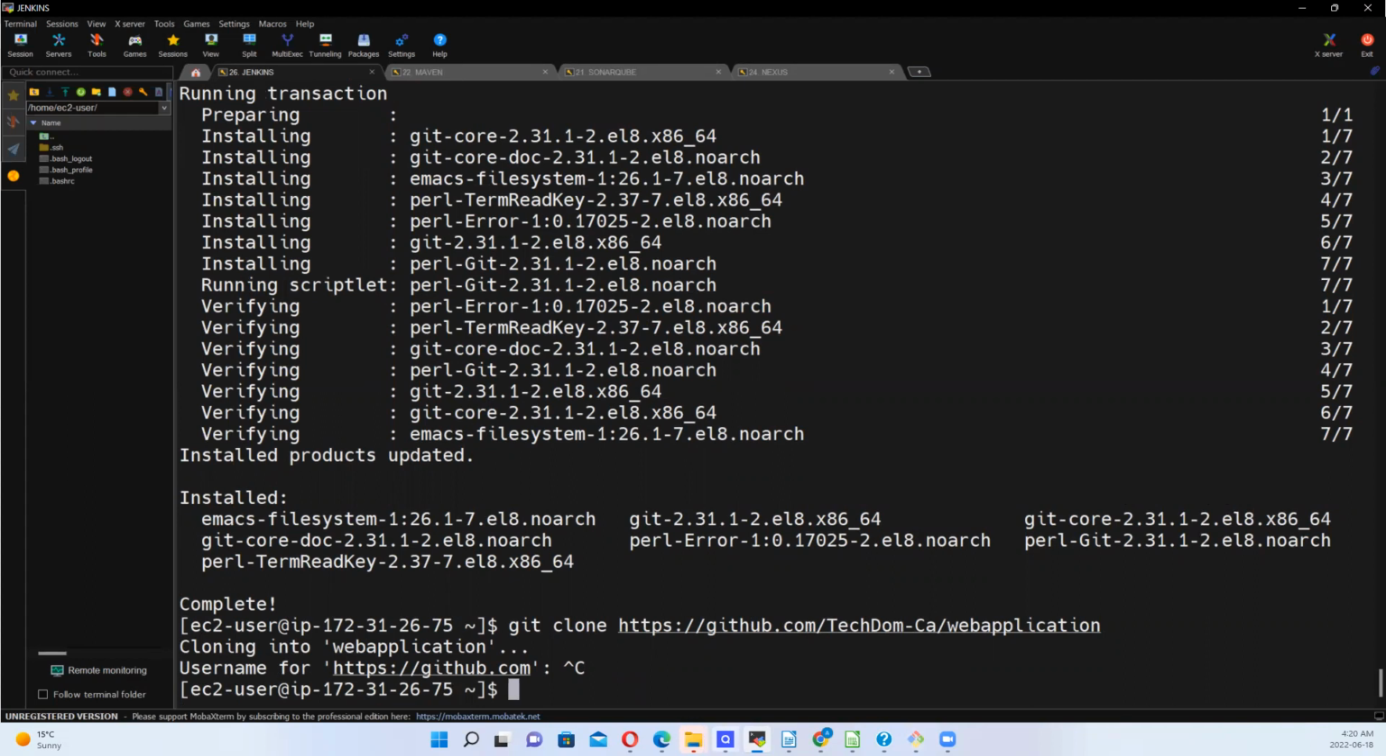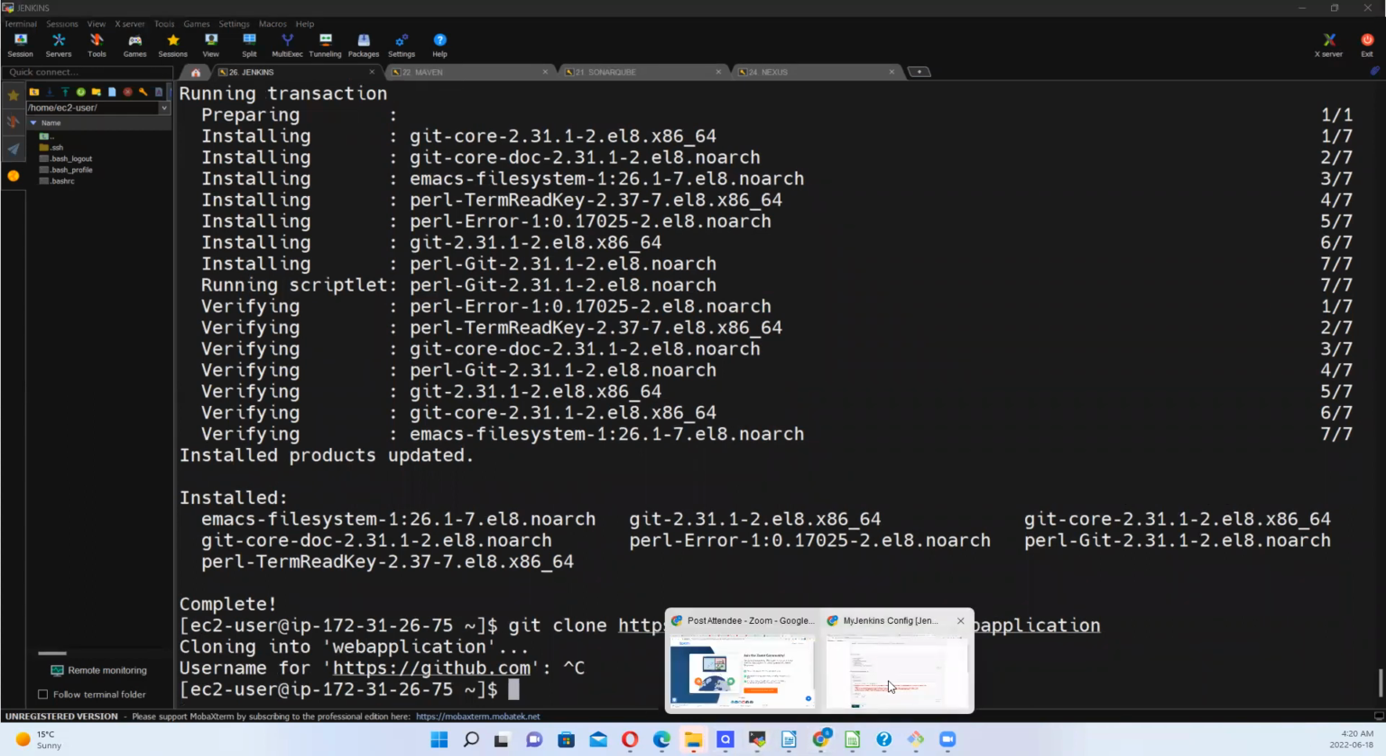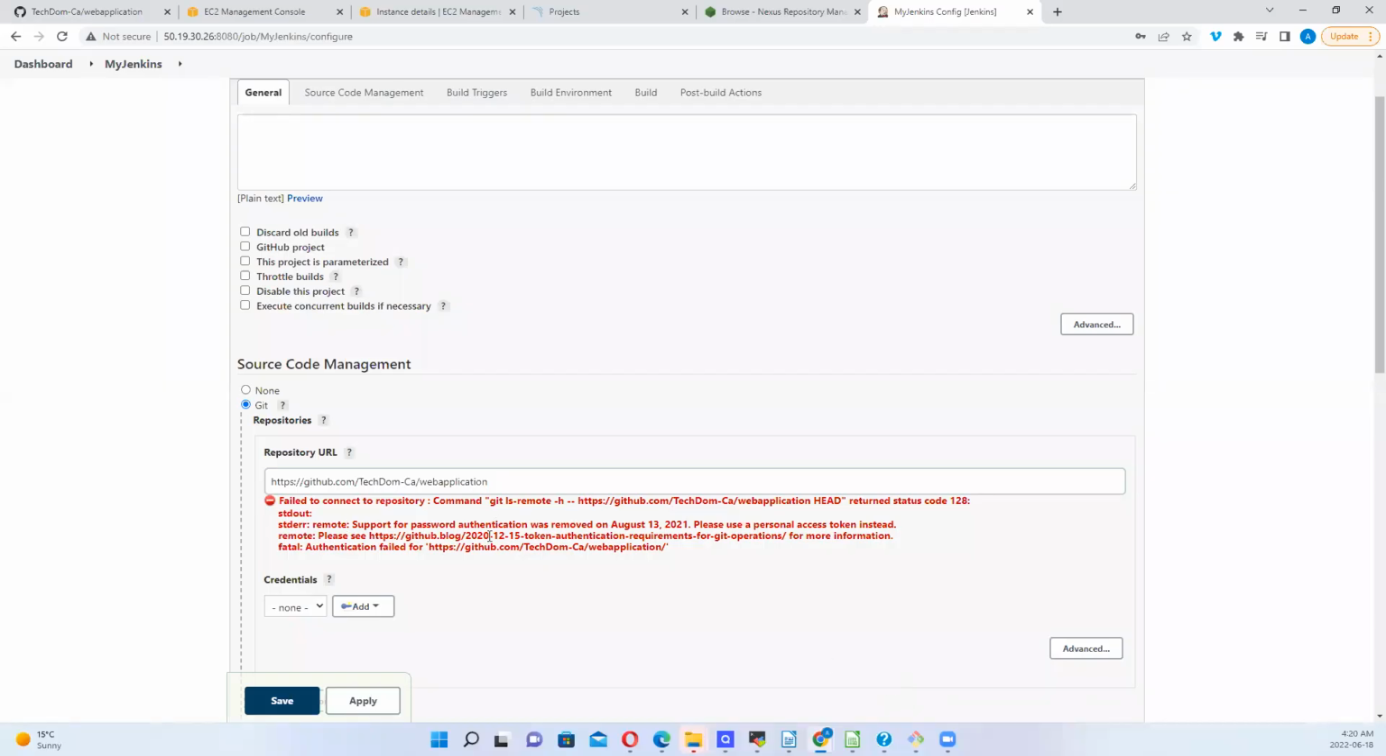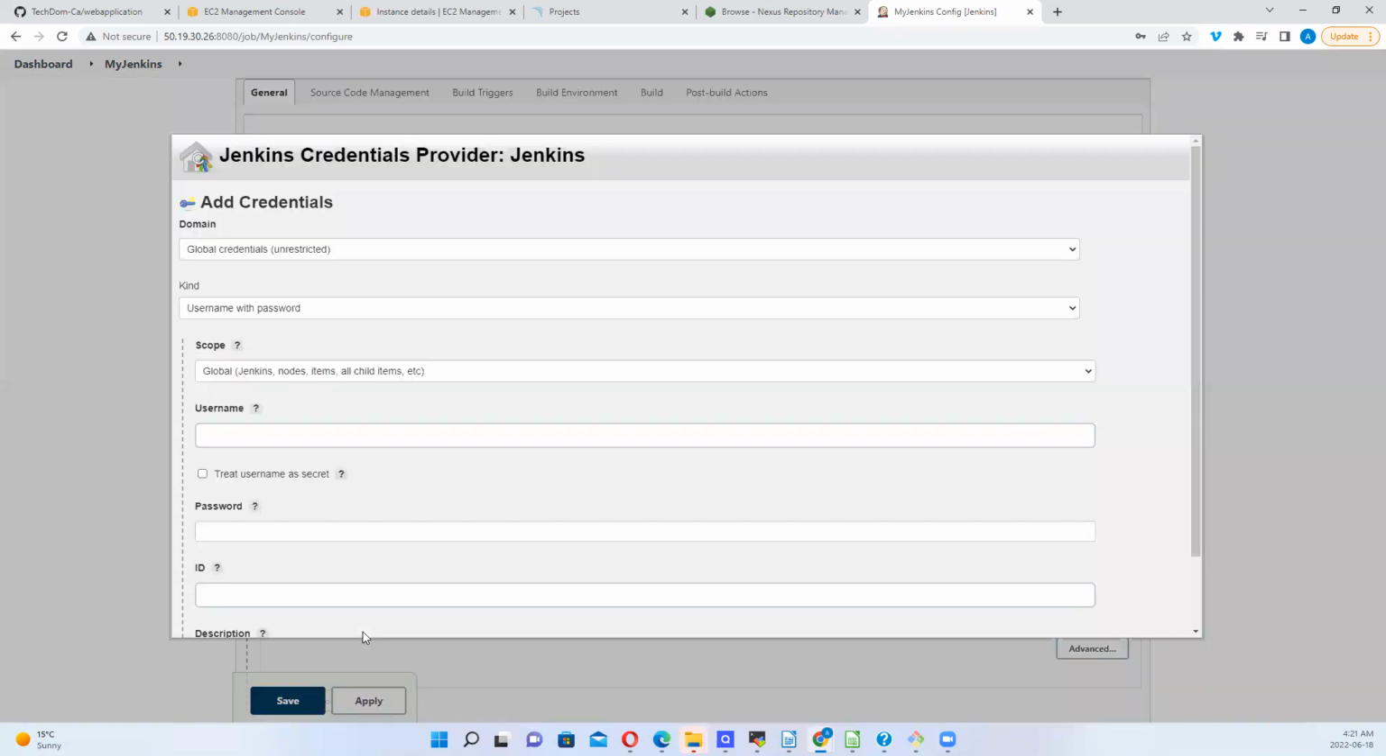So now it's asking me that I need to get authenticated, right? And it will ask for a password, right? But password authentication was removed. So we need to use personal access token instead, okay? So what do we need to do? We need to go and configure something, right? So we need to configure a Git password for Jenkins, right? So we come in here, it's asking for a username, it's asking for a password,